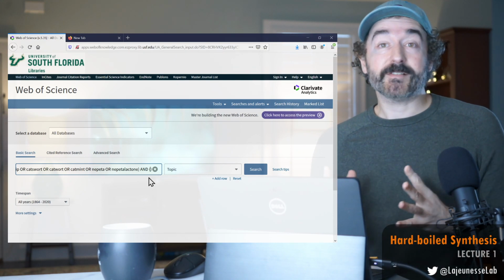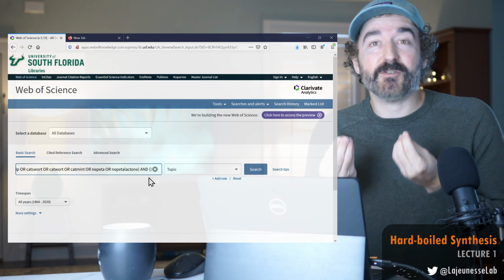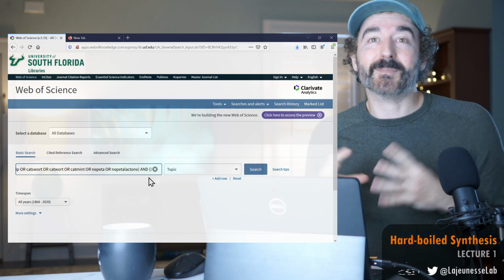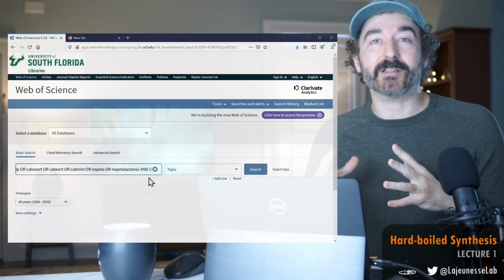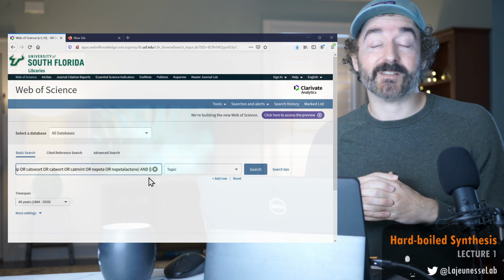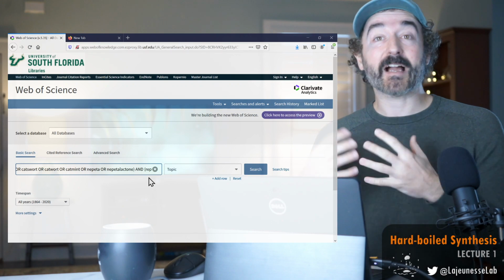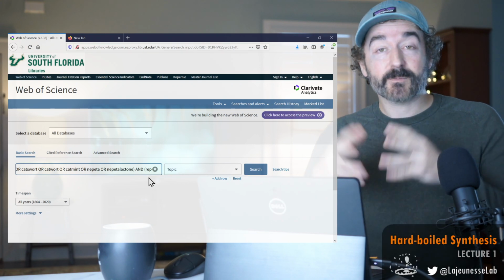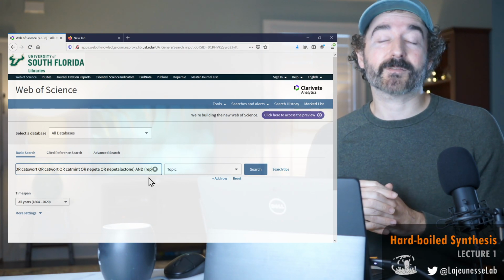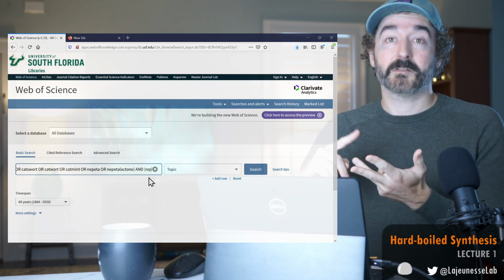And repellent is a fairly standard word you use to describe this type of experiment. So I'm not too worried that I'm going to miss out on many studies using variations of the word, but I will add a wildcard to the word repel, which will catch most of these variations, like repellent, repellency, repel.